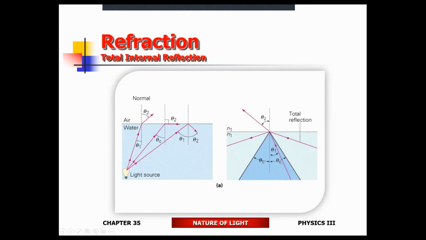When the angle of incidence is smaller than theta sub c, light is going to escape from the material. When the angle of incidence is larger than theta sub c, you end up getting an internal reflection. So what does theta sub c represent? This is known as the critical angle. Why do we call it the critical angle?